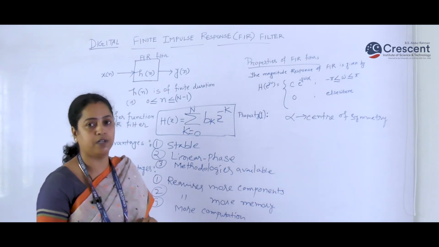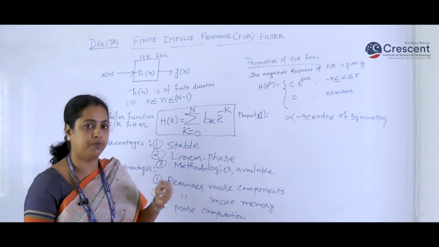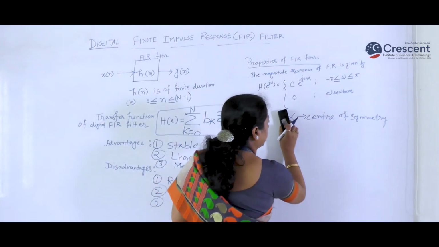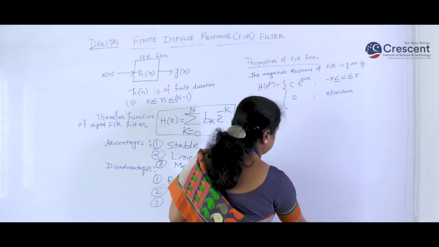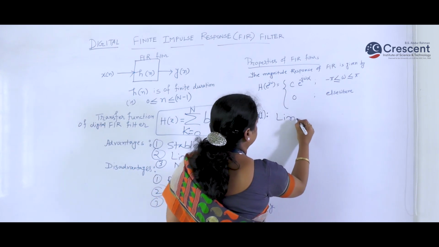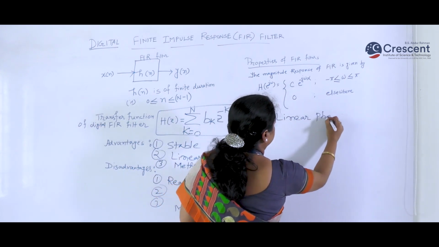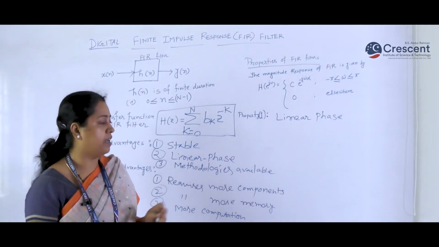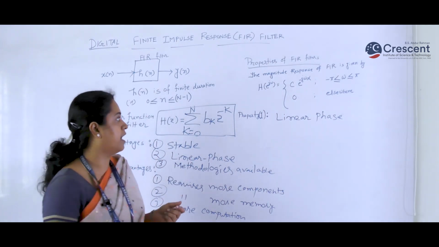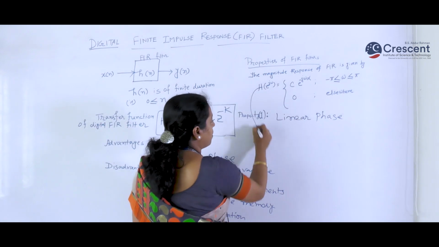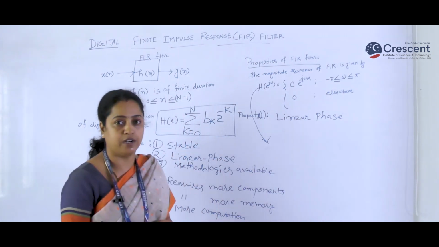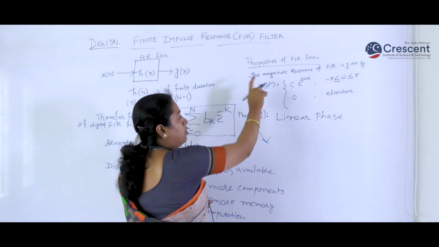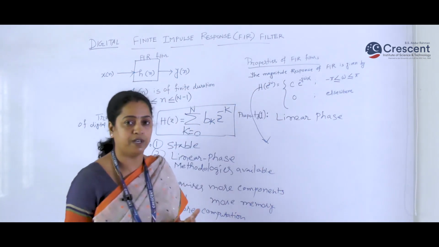So we will list the properties of FIR filter so that it will be easy for us to design the filter. So the first property of FIR filter is that it is linear phase. FIR filters have linear phase. Why are they having linear phase? We will see that this given H of e power j omega is complex in nature because it is a function of omega, e power j omega, it is a complex function,